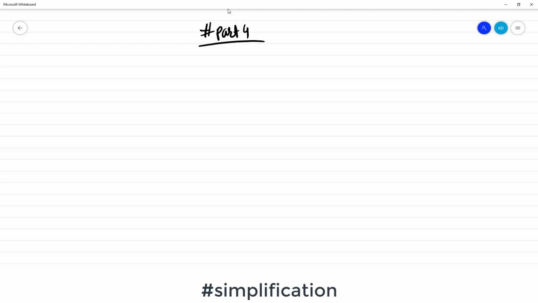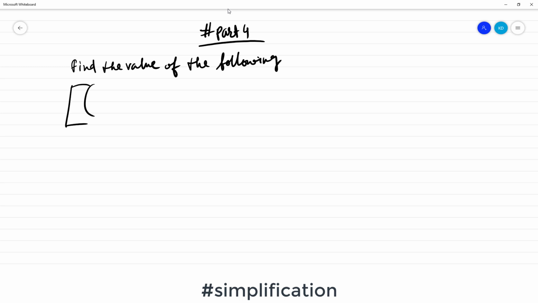So here we are going to discuss simplifications. Our question is: find the value of the following. Here is a box bracket, and now a round bracket open, 8 to the power minus 2 by 3,